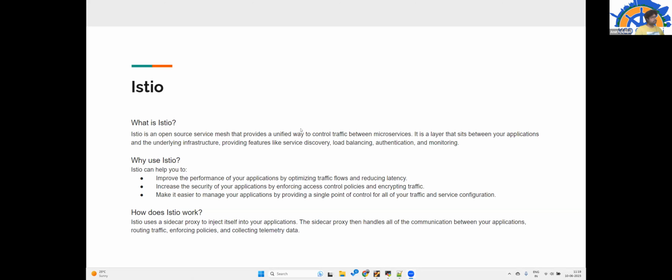To answer why Istio is needed, I think Asif has explained it already. Because it's a service mesh implementation, it addresses the common set of problems in microservices. Because it's distributed in nature, there has to be reliability of communication between two microservices.